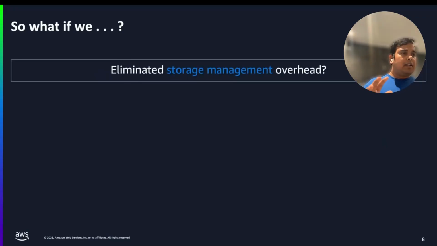But the team went back and started thinking: what if we eliminated the overall storage management overhead? There's no need for customers to think about the storage layer. That means the complete storage layer is managed, and you just think about writing data to the Kafka clusters, and based on how much data you read or write, you'll be charged for that. And that means you don't need to think about EBS volumes, provisioned storage throughput, configuration, disk capacity alerts, all of that. Zero.